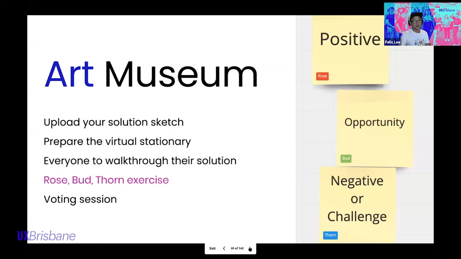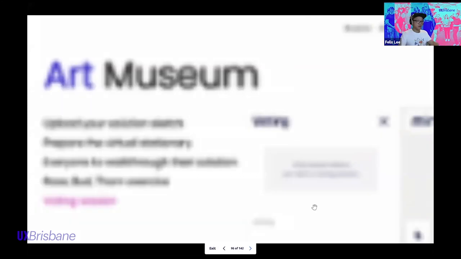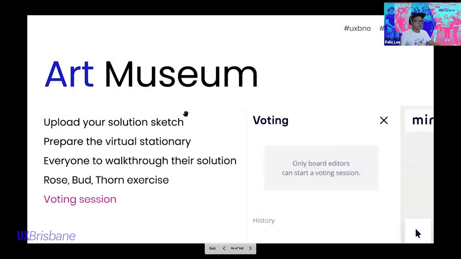Coming to the voting session, this is where we get everyone to vote for the best solution moving forward, which we will be using as our baseline to map it out in our storyboarding session. So this screenshot that I have here is, I keep on saying Miro, but we don't actually have shares or anything. It's just one of the tools that we use. They actually have this built-in voting feature where you can easily constrain where people can vote, or what they can vote on. So this is just a simple voting solution for the team to decide how to move forward with this.